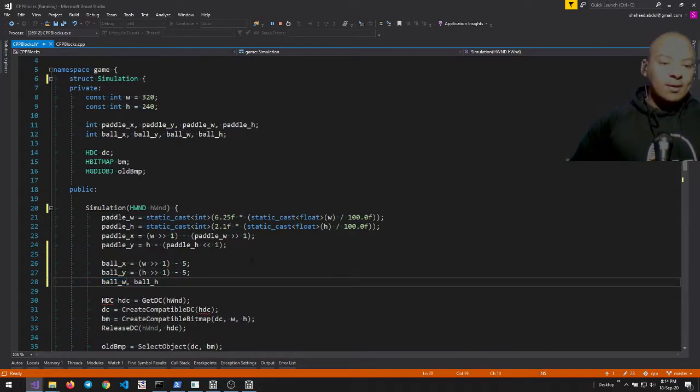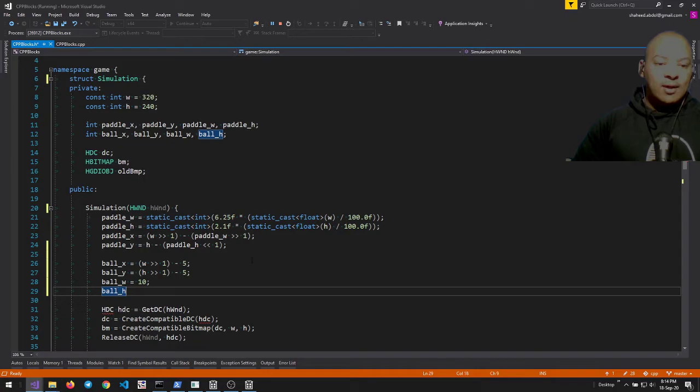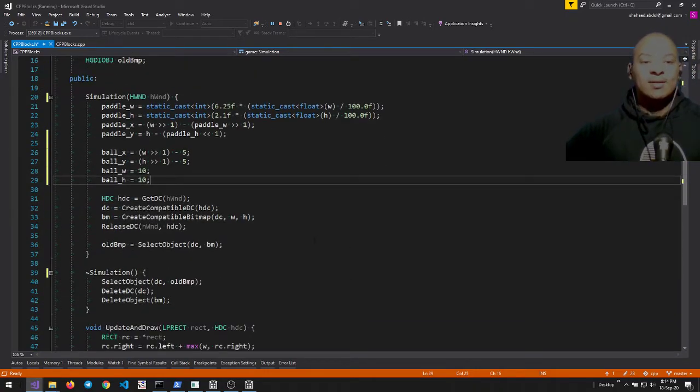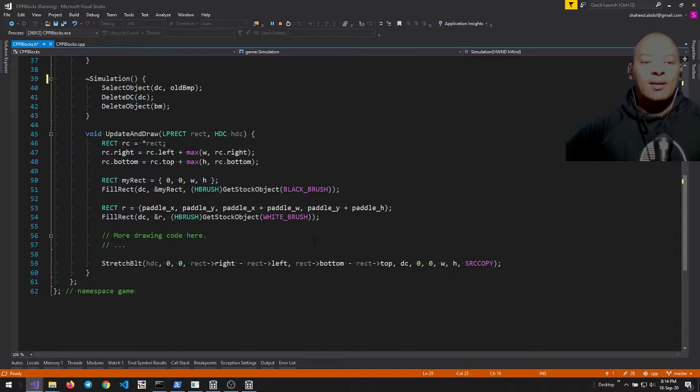Ball width equals 10 pixels. Oh my word, what was that? Ball width equals 10 pixels and ball height equals 10 pixels. I'm not going to worry about resizing it or doing anything special. And then all I want to do is I want to say